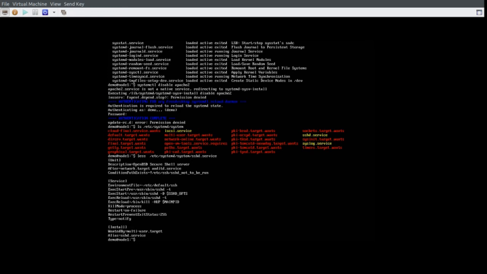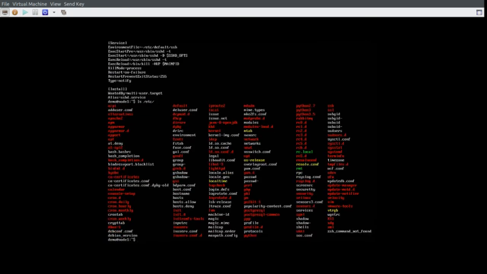So the configuration files are under /etc/systemd. There are several locations for systemd configuration files, but this is the one that you should be aware of for the exam. If we have a look, under /etc, if I go ls, we're going to see a whole bunch of these. Unfortunately, it's a bit difficult to highlight it in the virtual machine. But if you look at the second to last column from the right, you'll see there's